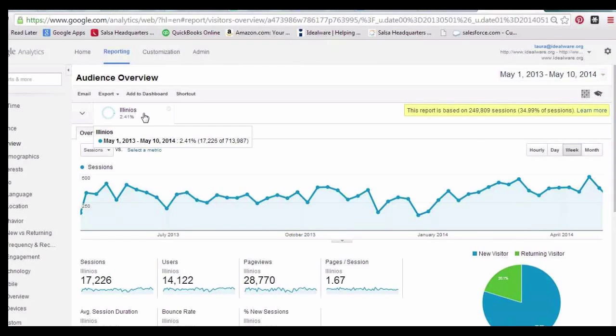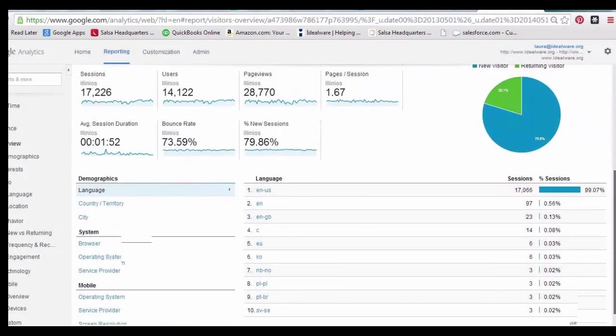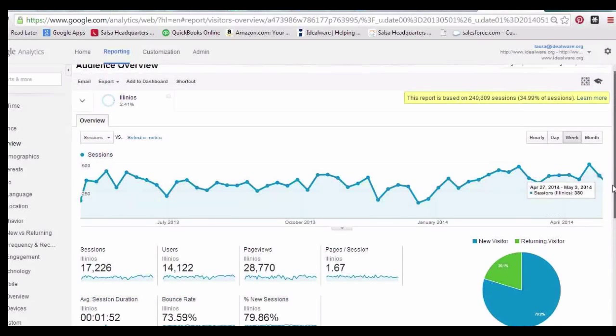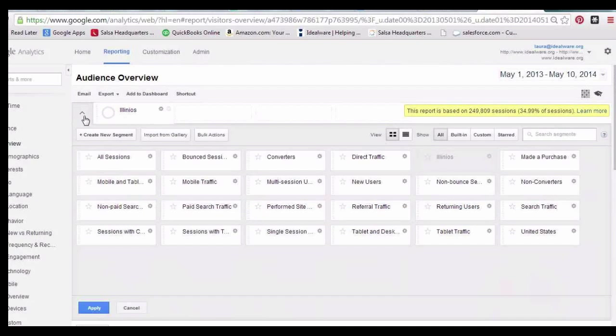I have data here. This is showing me only Illinois, and I can flip back and forth between Illinois and all other traffic, which, obviously if we were in Illinois, which we are not, but Terry is, would be a particularly useful thing to do. So filtering is really quite easy. One of the things I haven't mentioned is that almost anything, you can click this Add to Dashboard button,